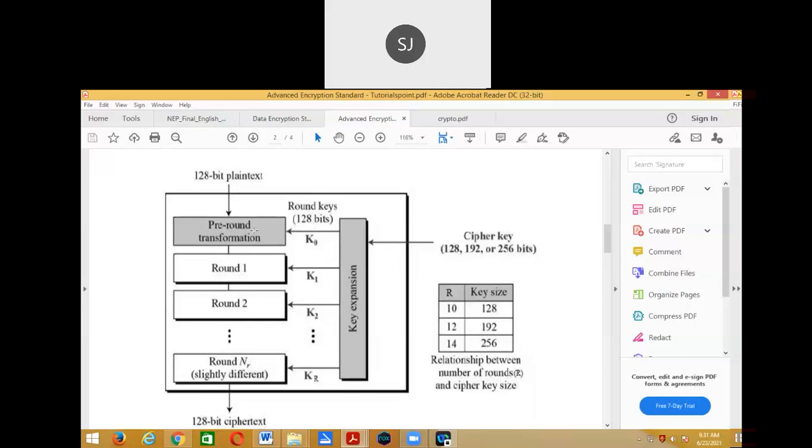This is our initial transformation, the initial permutation, whatever we call it. These 128 bits may be swapped into 64-bit, 64-bit halves, using some key. Now again, for every round there is a key, and the number of rounds here is not fixed, it keeps varying based on the size of the key. So round 1, round 2, round 3, for each and every round there are different keys. This is the key generation process. 128-bit keys are applied here.